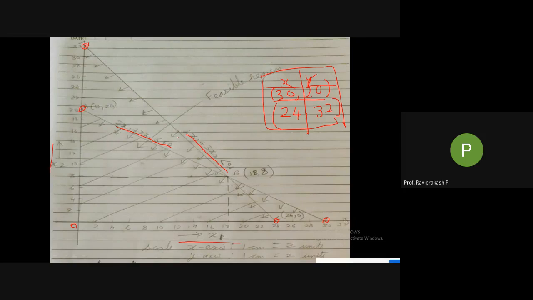Now comes the play of less than or equal to, greater than or equal to. Here it is less than or equal to, and here also it is less than or equal to. I will repeat, as I told yesterday also, less than or equal to means towards the origin. Because from here I am getting a larger number, from this side you need to go. For more than, you should go to this side. Similarly for less, you should come down, and for more we should go up, in the x-axis and y-axis. Remember this. So here what is given? Both are less than or equal to.